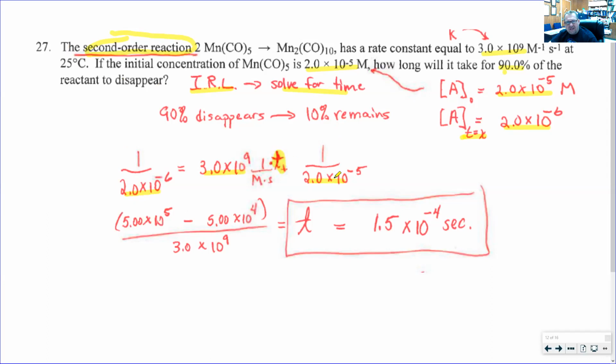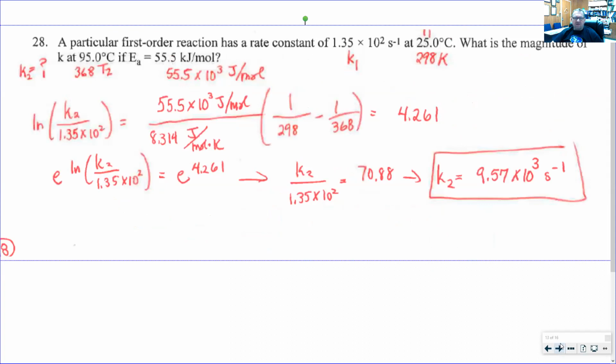And when I just solve for the time, I have to do some rearranging on these. So these are just numbers. So if I divide that out, this becomes this number, and this becomes this number. Then I subtract this term to the left-hand side, divide by K, put it down on the bottom, and I find the time is 1.5 times 10 to the minus 4 seconds. So it's a pretty fast reaction, and we know it is because this rate constant is a really large number. So this occurs in literally microseconds. So almost instantaneous.